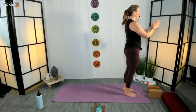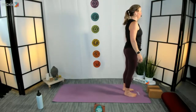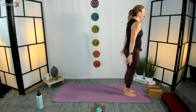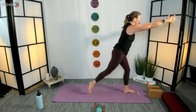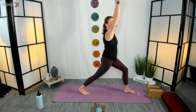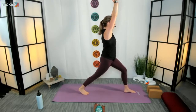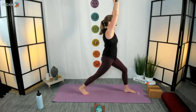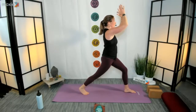Wonderful. When you're ready, go ahead and release the hands to the side, shoulders roll back, gaze is open, gaze is forward. Press into the left foot. Inhale, sweep the arms up, come into your crescent pose, resting the ball of the foot into the floor, extending through that right heel, bending into the left knee, pulling up through the belly, and just bring your hands down